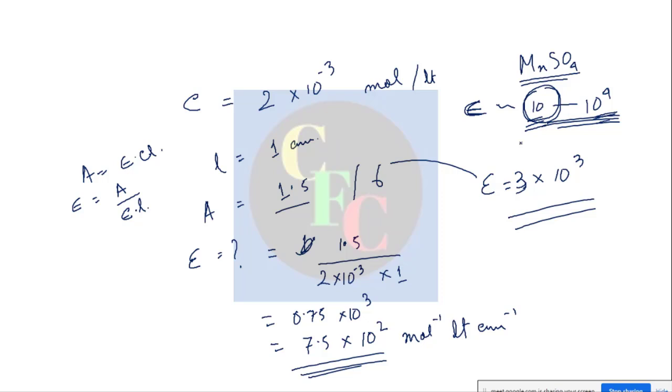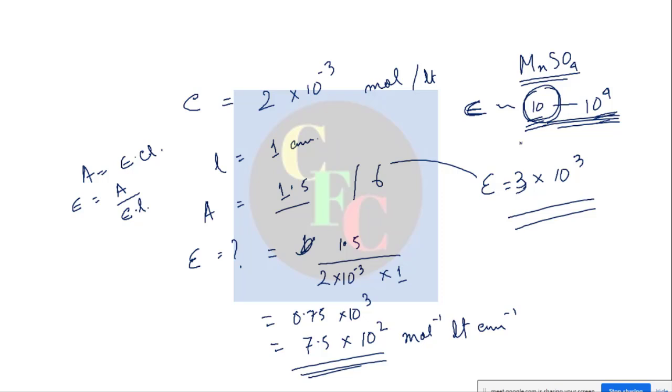Now if you compare potassium permanganate and copper sulfate, which we started our discussion with, copper sulfate is very pale blue. The epsilon is very low. For the same concentration of copper sulfate and potassium permanganate, the potassium permanganate solution will be difficult for you to look through, it will almost be opaque, because it is so intense an absorption, whereas copper sulfate is very pale because its absorption is very low.